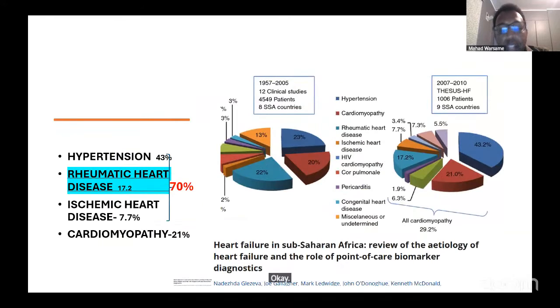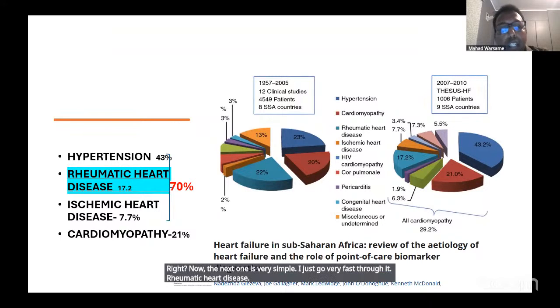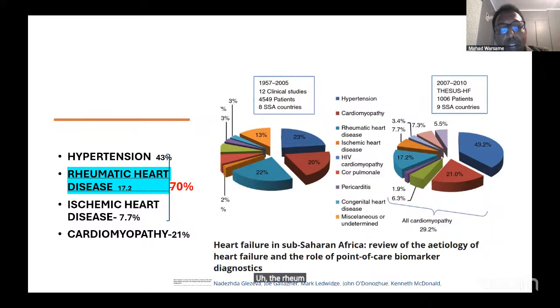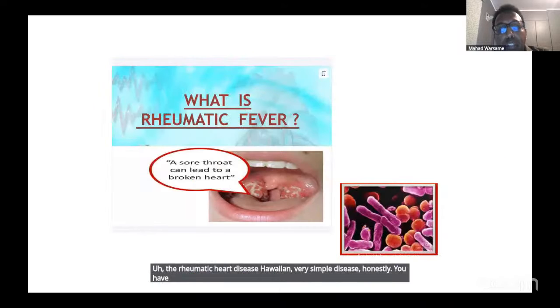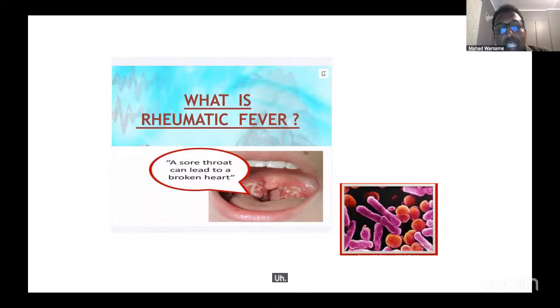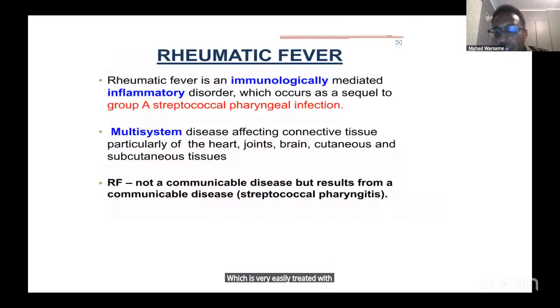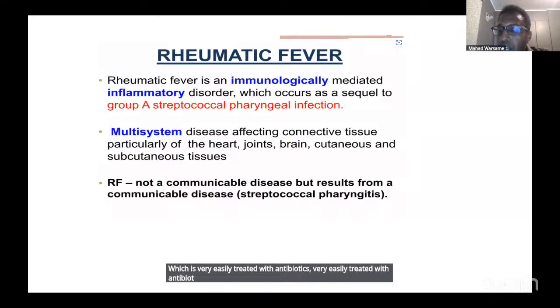Okay, the next one. I talked about ischemic heart diseases, right? And now the next one is very simple, I'll go very fast through it: rheumatic heart disease. Rheumatic heart disease is a very simple disease, honestly. It is a throat infection, which is really easily treated with antibiotics. Very easily treated with antibiotics, but because of the